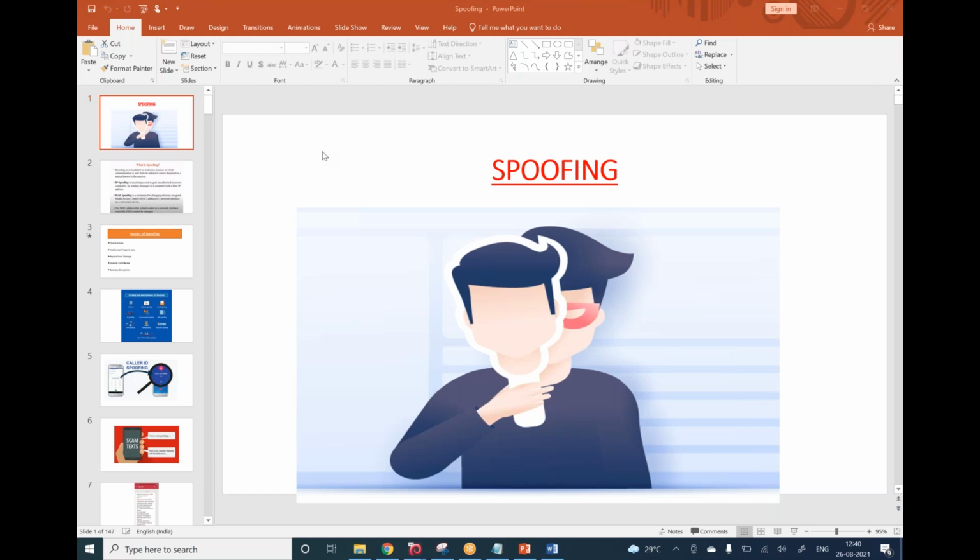Using certain techniques, cyber criminals use spoofed email addresses, websites, and phone numbers to trick victims into providing confidential information, make them download an attachment, or make them click something that will install some malware in the system. The success of a spoofing attack generally depends on its ability to exploit the trusted relationship between the target and some other person or an organization. Important is what exactly is at stake.